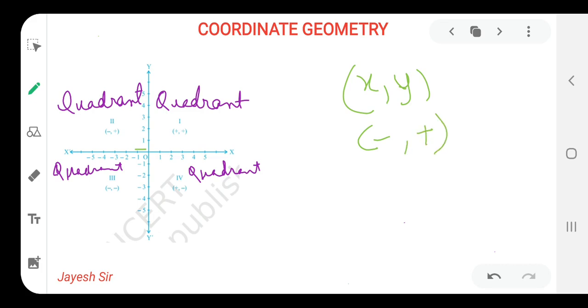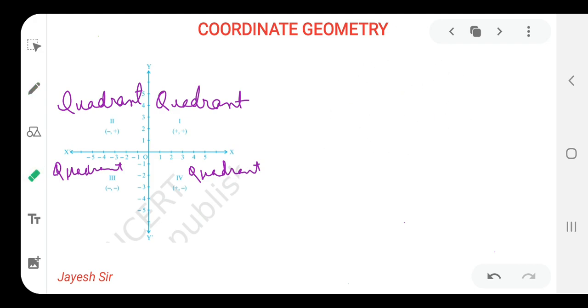So you can see the difference from the first one. In the first quadrant both the coordinates had positive signs. Similarly in quadrant 2 we can find the difference: the value written on the x side of the coordinate is negative and the value for the y side is positive. Yes friends, I hope you all are getting it. So we have also understood quadrant 2.